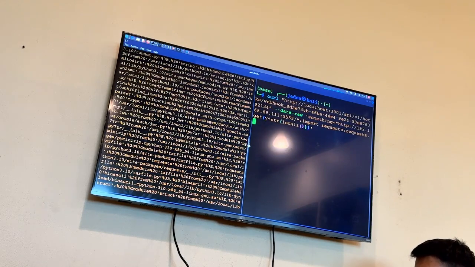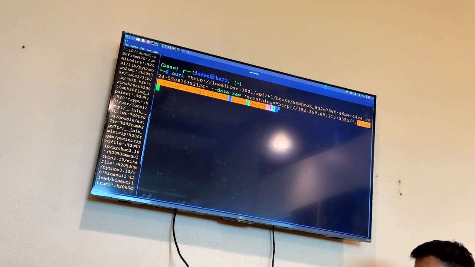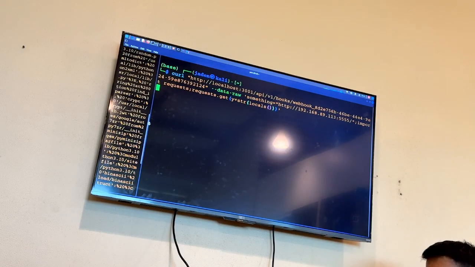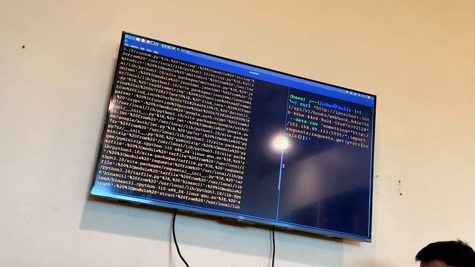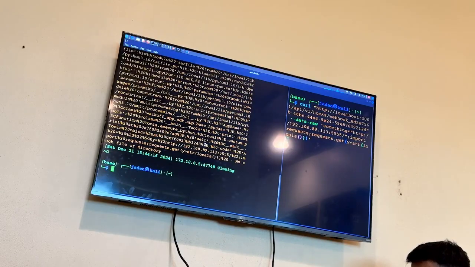It's basically a simple server-side template injection. You've got my webhook over here. Something is the value which I've assigned to my variable. Inside it there's this particular thing which I'm just applying, which is the attacker server, the attacker-controlled server, and then I'm just calling normal Python: import requests, requests.get, y plus str, and then locals. The locals function just prints out all local variables of the Python script, and when you execute it, you get something like this.